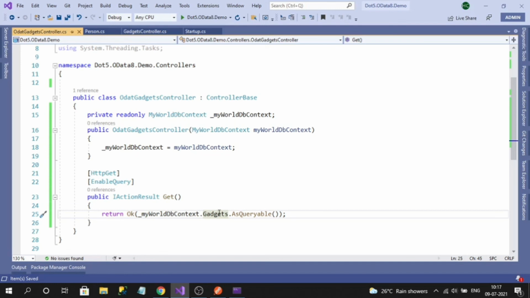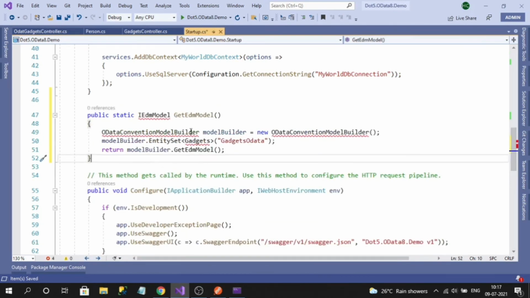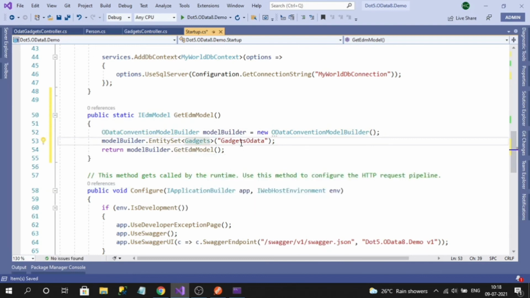Okay, so to do that, we will create one private method in the startup. Let me copy it from my code snippet. So our OData will look like this. Let's import the namespaces, and this method returns IEdmModel. All these are OData related. See, my gadgets type I registered with one name.